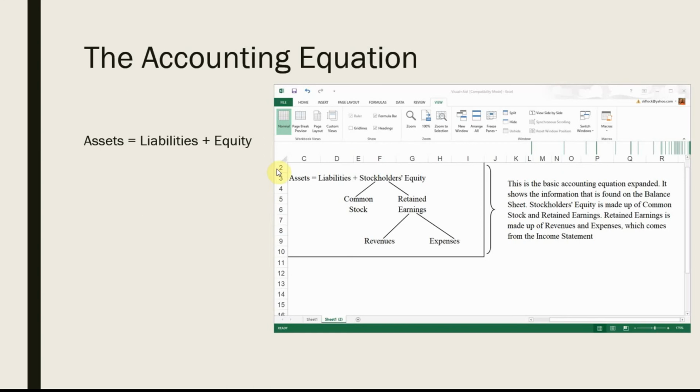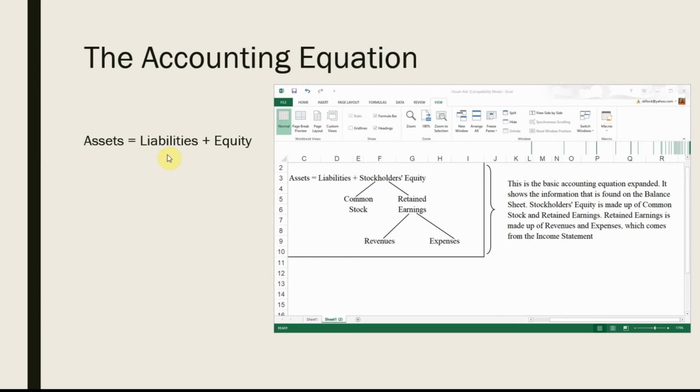Another way that you can state this equation is assets minus liabilities is equal to equity. That's a very important concept because assets are the economic resources that are available to the business. The assets are what the business is holding that has value, the assets that they own. The claims to those assets are in the form of liabilities. This is money you owe others.